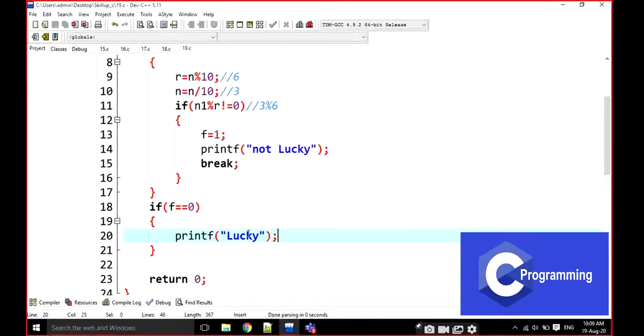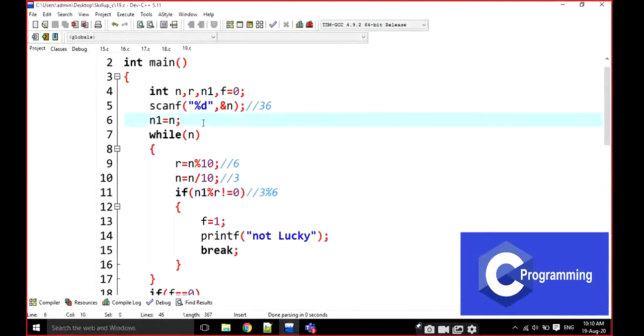Every time we have to think in a negative manner when we are writing the programs. If it is divisible, there is nothing. We have to check with another number. That's it. But if it is not divisible, we are going to print not a lucky number and we have to come out of the loop. That's why I am writing the condition as not equal to 0. Is it clear, everyone, what I am writing?